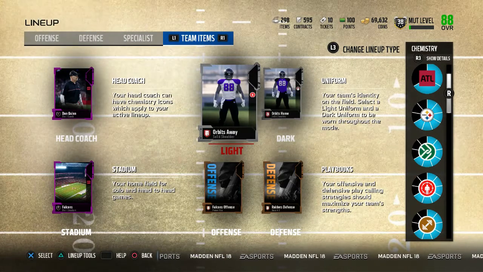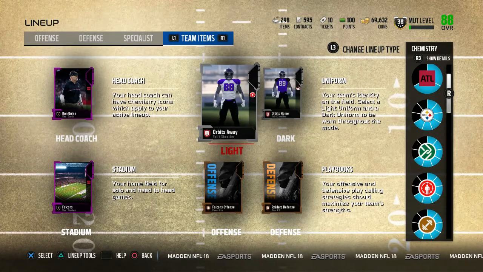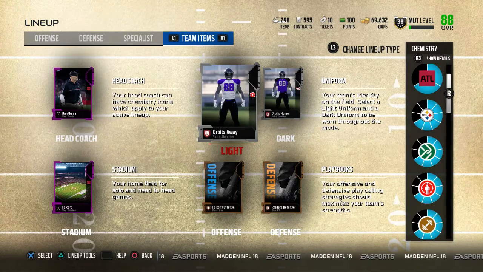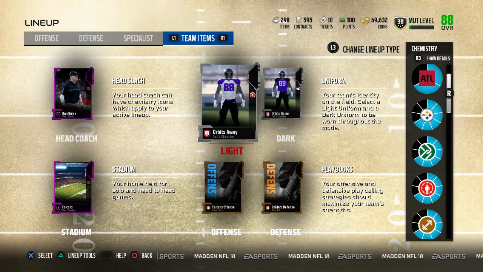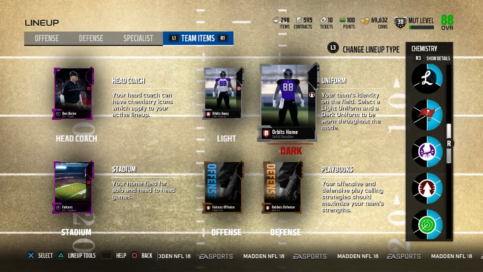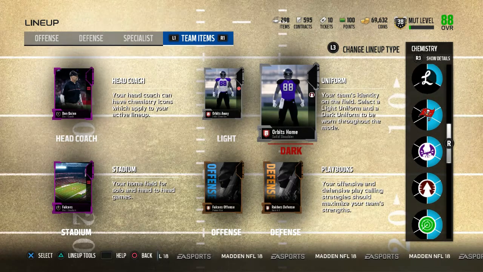If you guys did not know, these uniforms that you unlock with the level challenges help with your chemistry. So in my case, I needed 1 more Blanket Coverage chemistry. Just throw on the Orbits Away. And it also worked out that the same uniform, Orbits Home, helped us get the Go Deep chemistry, which helped